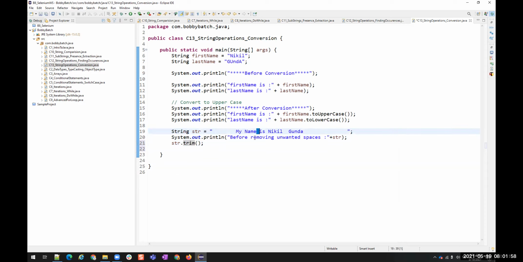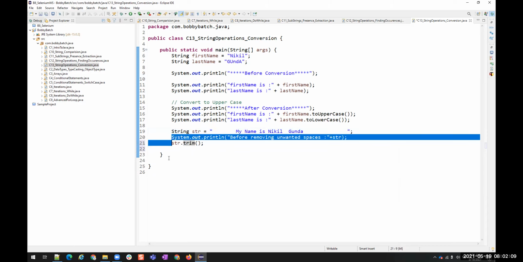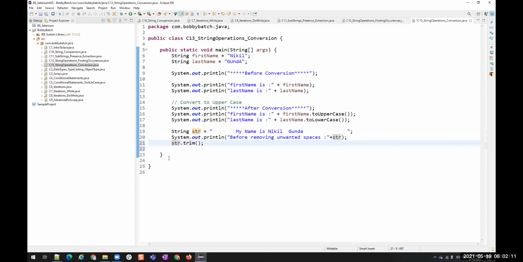Those will be untouched. It is going to remove only the spaces in the beginning and the end of the string. Okay, after removing spaces.